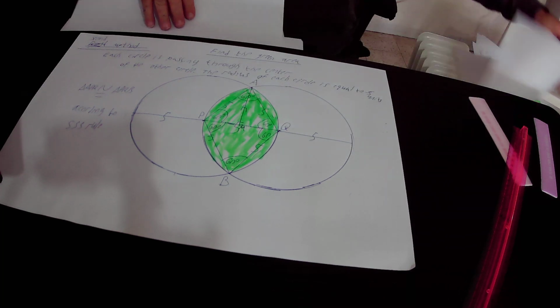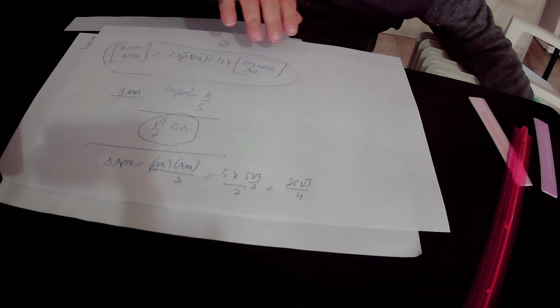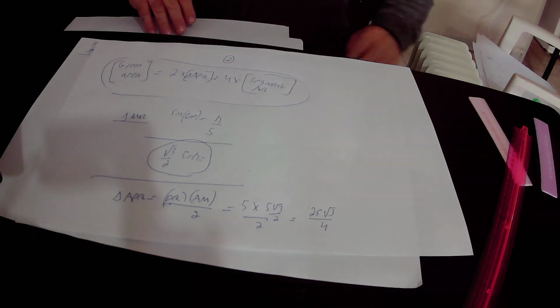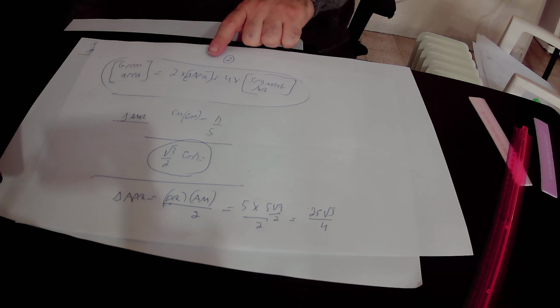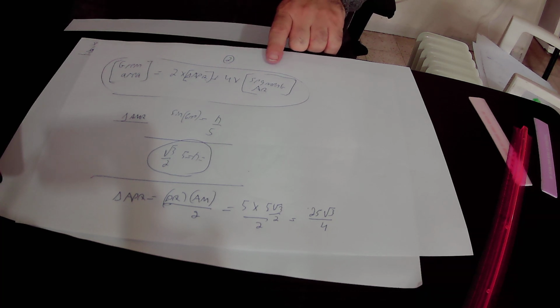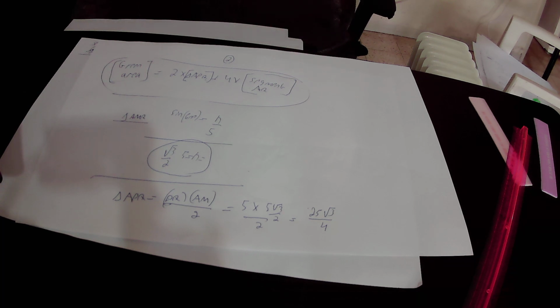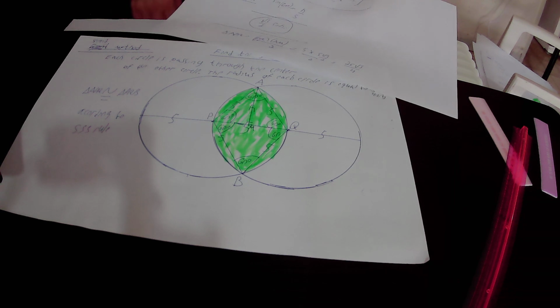And therefore we actually found out that the area of the green shape equals 2 times the area of the equilateral triangle APQ plus 4 times the area of segment AQ. And what is the area of triangle AMQ? The area of triangle AMQ,